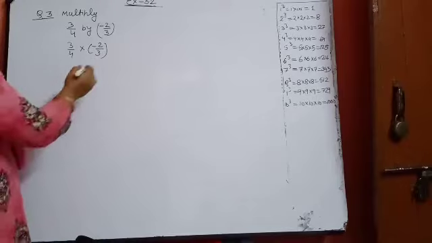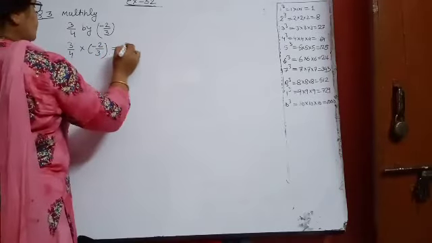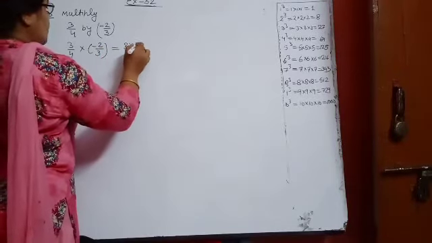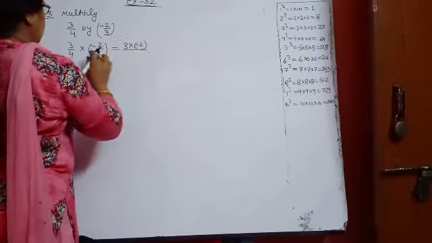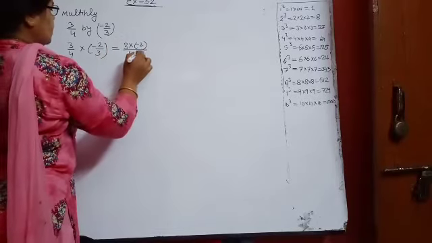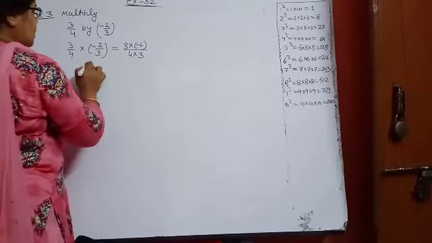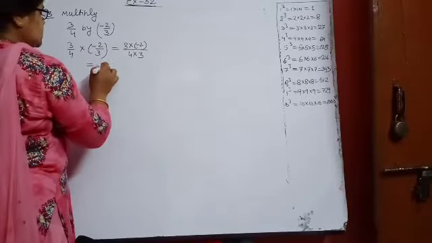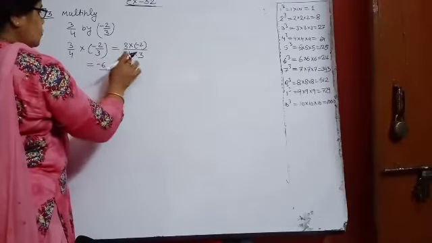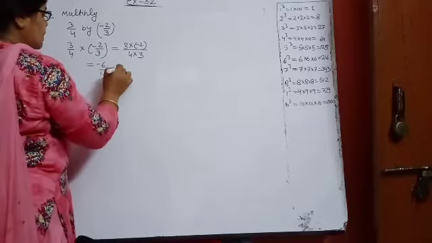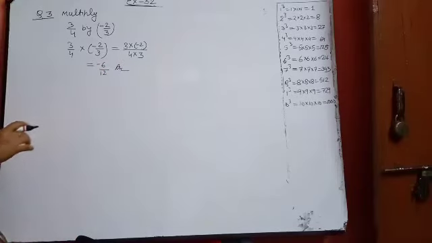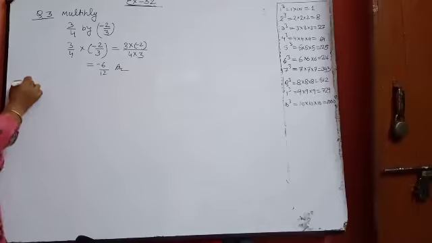See that now what it will become: 3 into minus 2 upon 4 into 3. Numerator and numerator will multiply and denominator and denominator will multiply. 3 twos are 6, minus 6 upon 4 threes are 12. It will be your answer. How simple they are. In multiplication and division you should not have any problem.